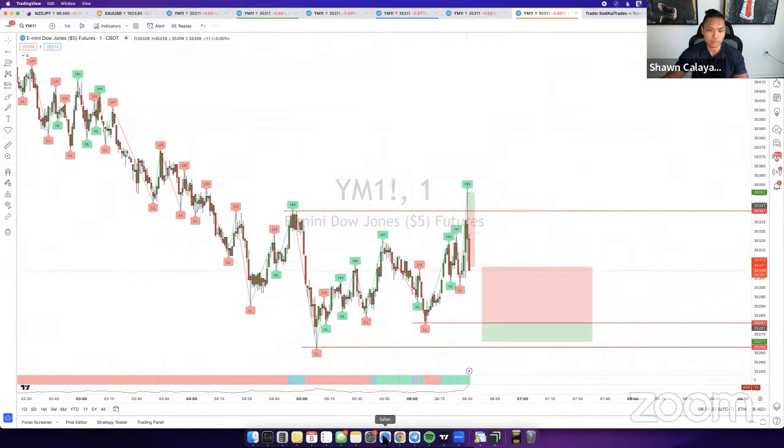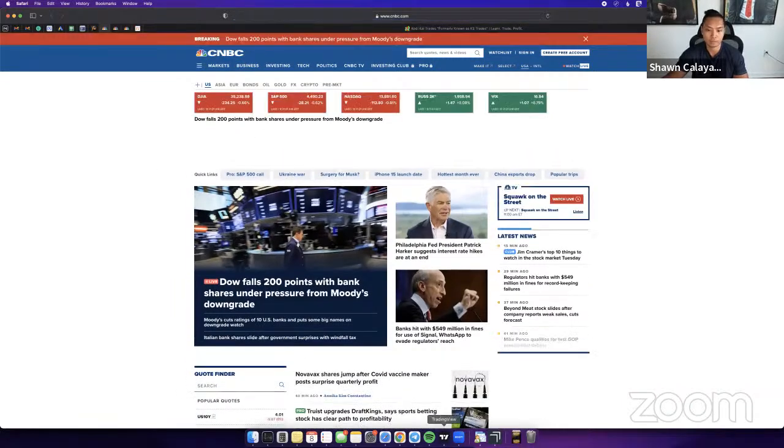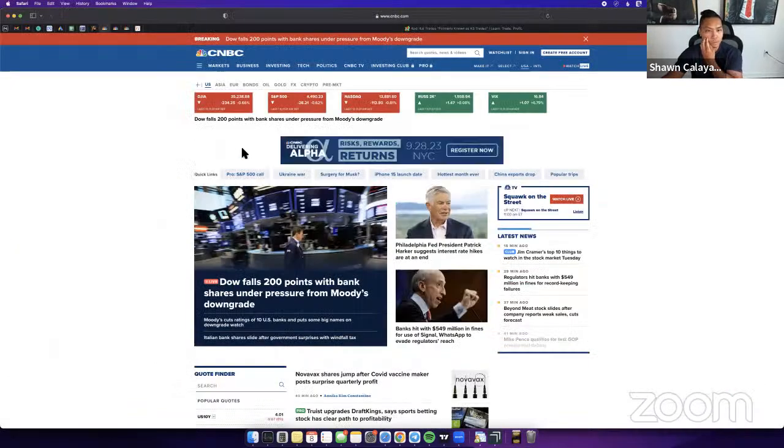So again, this is what I was talking about earlier with Martha's question from yesterday's mentoring session. If you feel like taking the trade here, you go for 100 pips versus the 300, because for one, it's low level liquidity. And then on top of that, it's mixed bias right now.